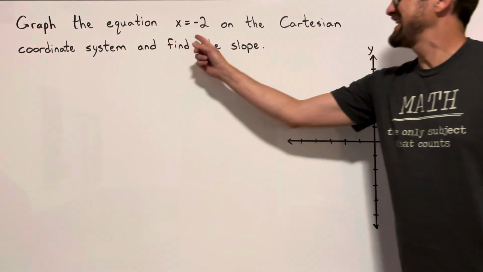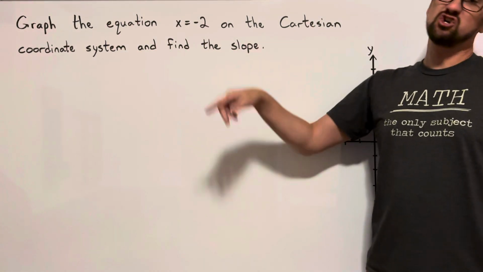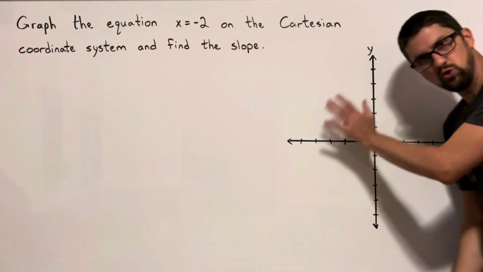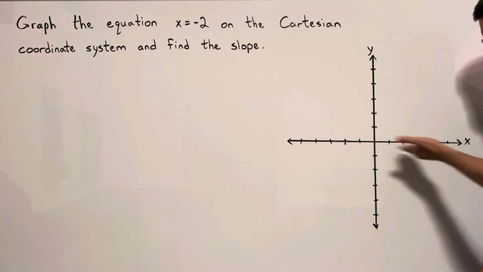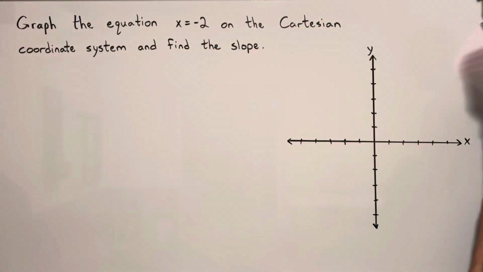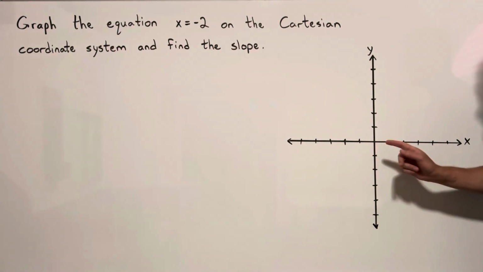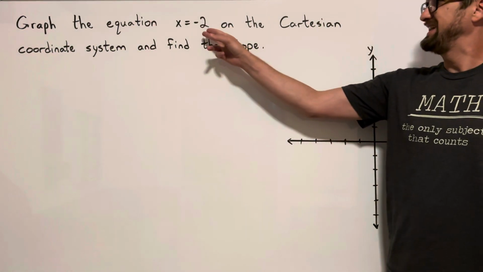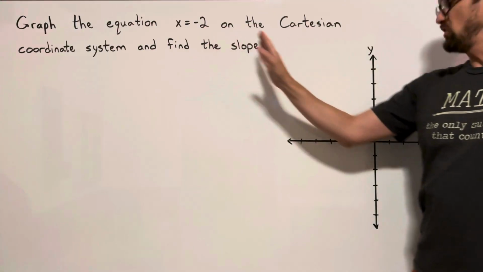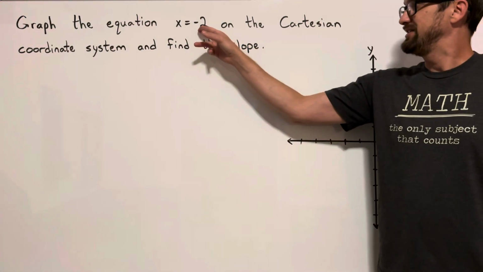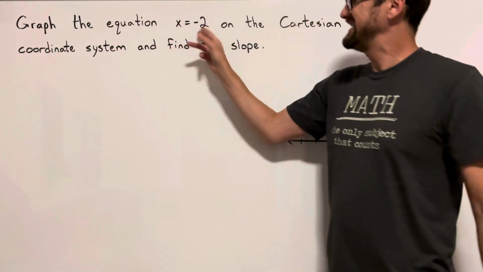Graph the equation x equals -2 on the Cartesian coordinate system and find the slope. Here's the Cartesian coordinate system. We have the x-axis as the horizontal number line. We have the y-axis as the vertical number line. And they meet here at their 0, 0 point. That's the origin. We want to graph x equals -2 on this xy plane, but there's no y in this